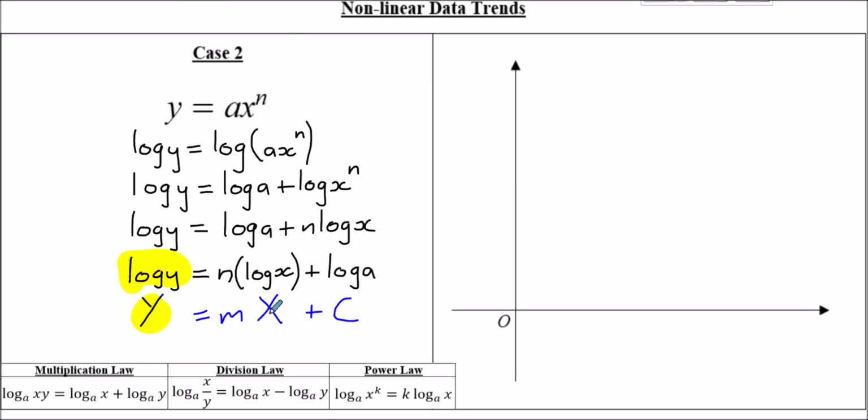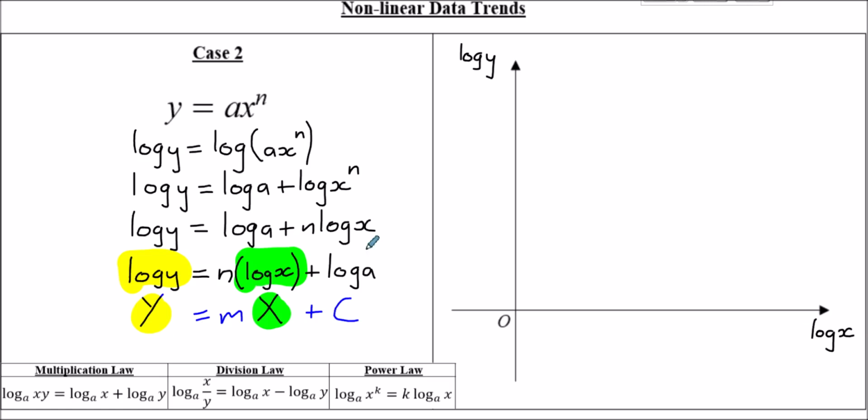The variable x now takes the form log x. And so instead of plotting y and x, if we were to plot log y and log x, that will give us a straight line equation of the same type as the normal y equals mx plus c. So our variables now are log y, going vertically, and log x,